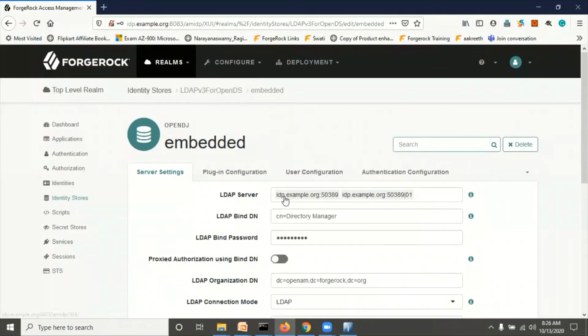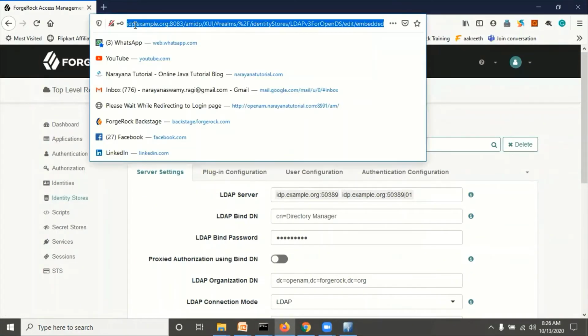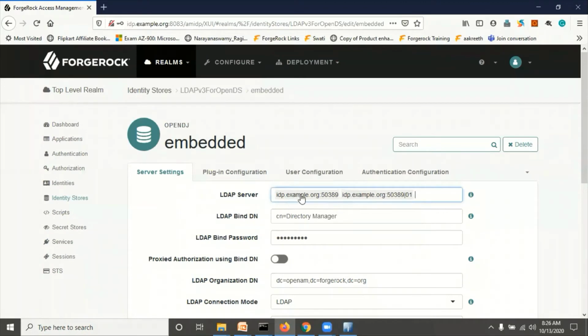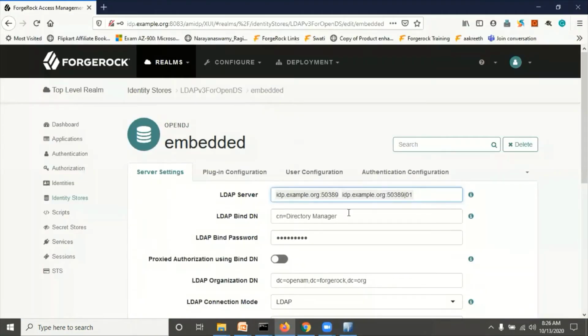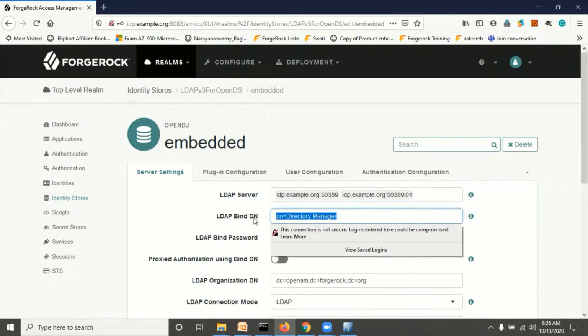What are the connection details? This is the IDP, correct? So give idp.example.org. After giving this, we have to give the port. What is the port? 50389.